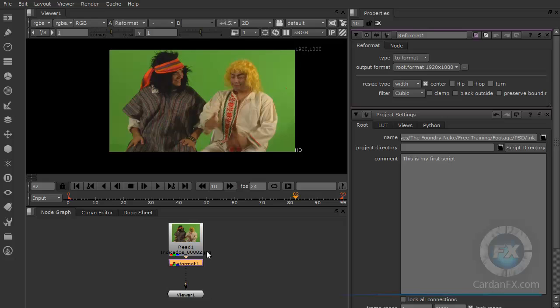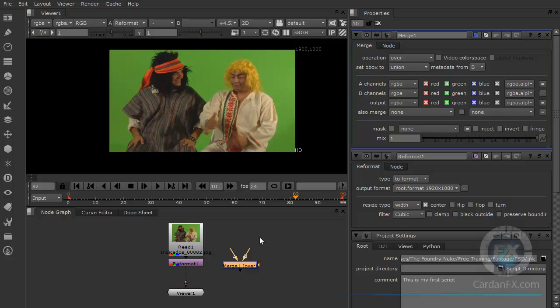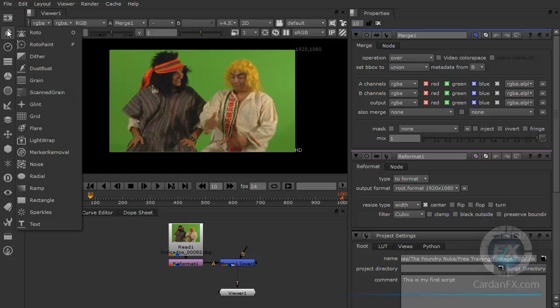Okay, now another thing that I want to do is call a merge node. Okay, because we already know how to use the merge node. And now let's connect this here to A, and obviously take that right here. So I don't care about the background right now. As a background, I'm going to use a mask, but before we do that, I want to show you the shape of the mask. So I'm going to go here to the draw options, and I'm going to take the